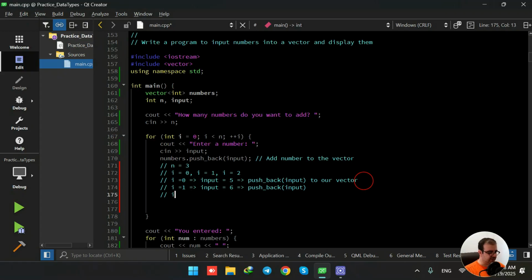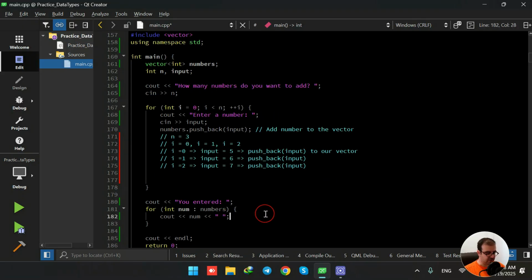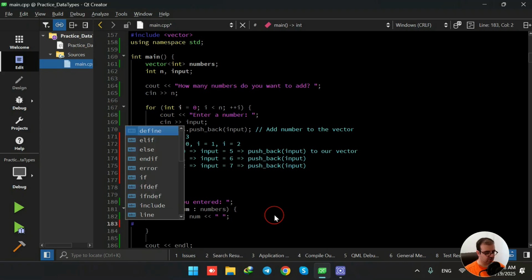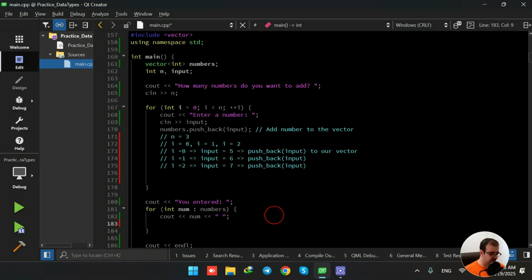And then in the last iteration, when i equals 2, the user says, for example, number 7, we are going to use the push_back for that variable. And then we are going to show the